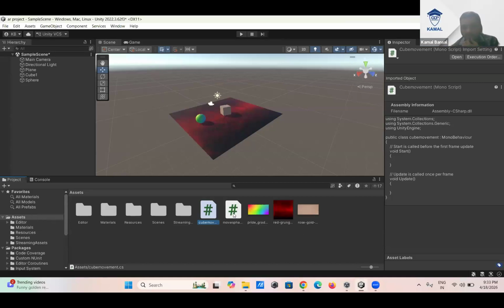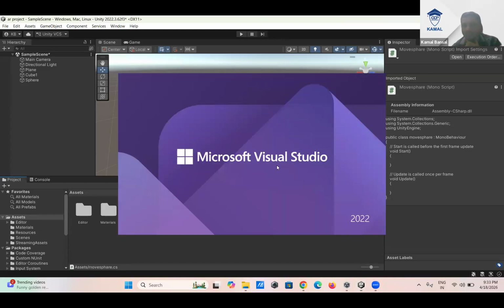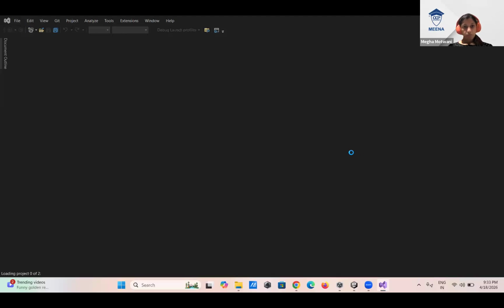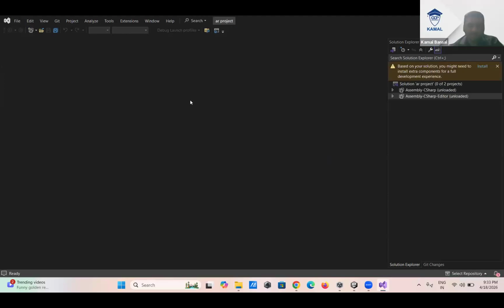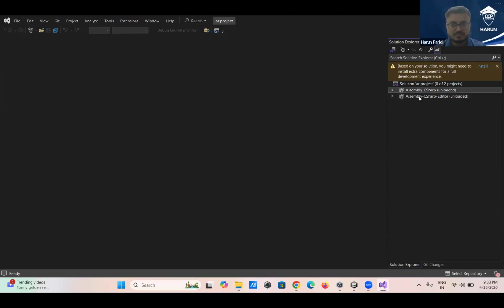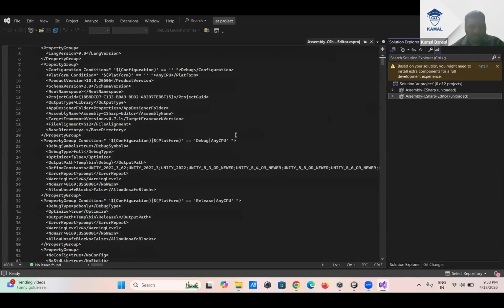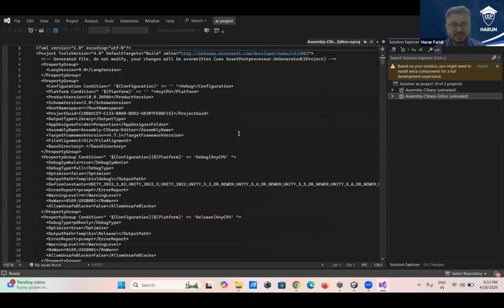ये मूव स्फेयर वाला, ये डबल क्लिक करते हैं विजुअल वाला, यहाँ पे ना सर, एक देखो सर, इसमें वो जो आपने कोडिंग का नाम चेंज करने के लिए बोला था ना सर, वो कहाँ पे होता है सर? वो ऑप्शन में पता नहीं लग रहा, यहाँ पे ये पूरी कोडिंग आ रही है सर। This is not the code which you are looking for. सर, मुझे यही पे कोड का डाउट हो रहा था।